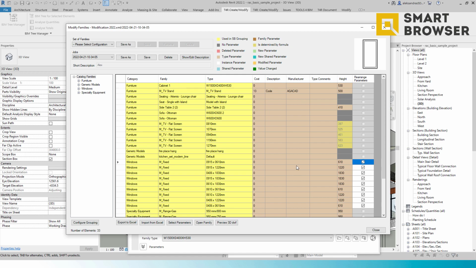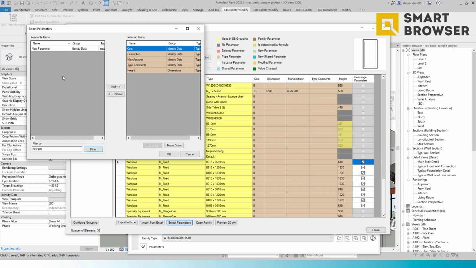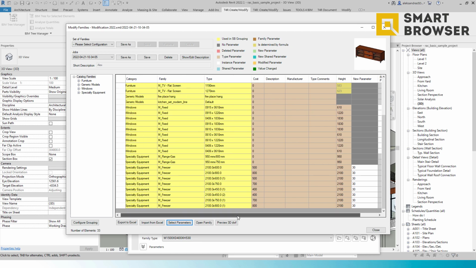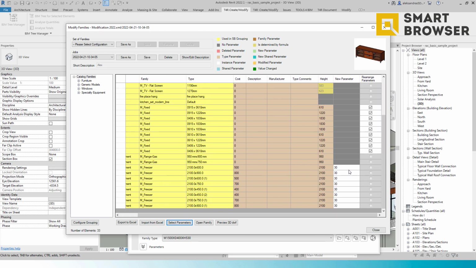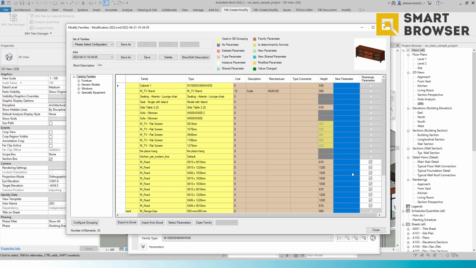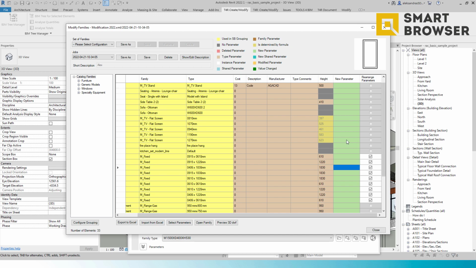The next step I will just want to quickly show is the possibility to add parameters. And if I remember correctly, there is a new parameter already added to one of the families. It's a white color as an instance parameter. And we'll see that, oh yes, for the freezer, there was already a new parameter added. Maybe we want to have the same parameter in all the rest of the families. To do that, we can simply choose the column and click on Add Selected Parameters. What our tool will do, it will create an exact copy of the same parameter right here in all the rest